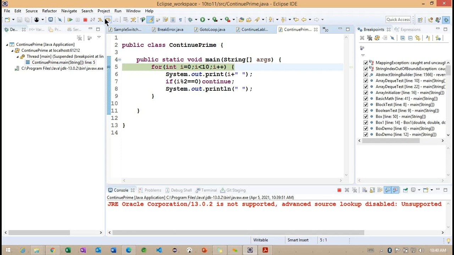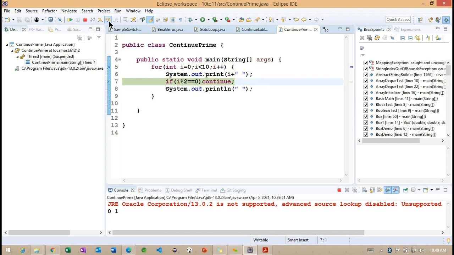So now you can observe what I'm doing here. The i value is 0, we are printing the i value. Now what are we doing here? The modulo operator is returning 0, so where is it going? The loop continues because the condition is satisfied. Now we can observe again the i value we are printing.